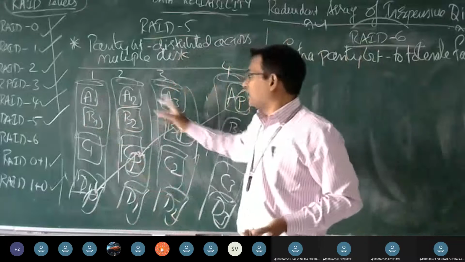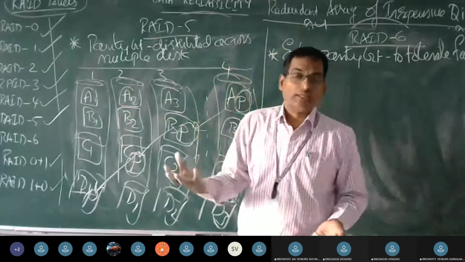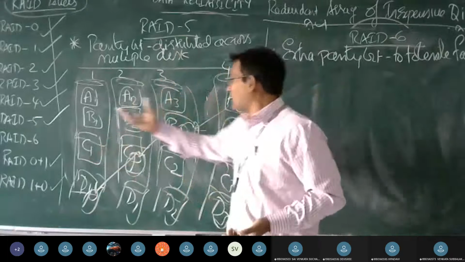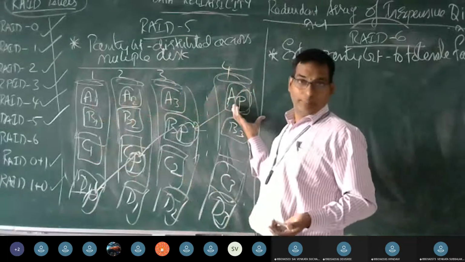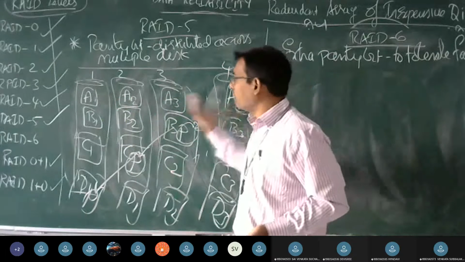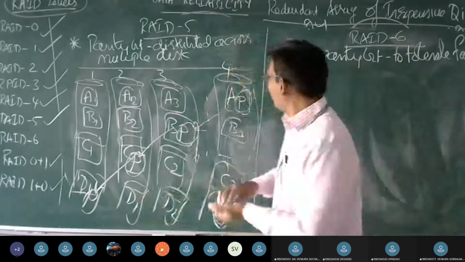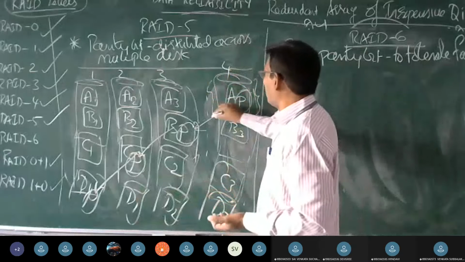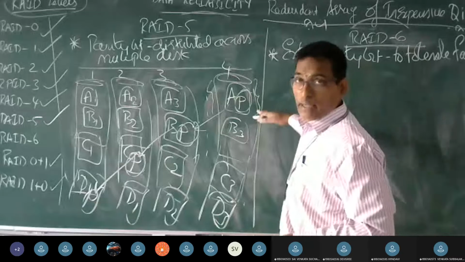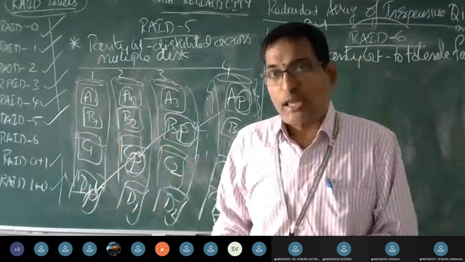So A1, A2, A3, if there is a loss in that, you collect the data from the parity bit, which is organized with hamming code. That means A1, A2, A3 are dependent on the parity bit. So the parity bit will rescue an operation if there is some mismatch in these three bits. Now the question was, if there is a failure at the parity bit, then where is the backup for the parity bit? So that question has arrived.